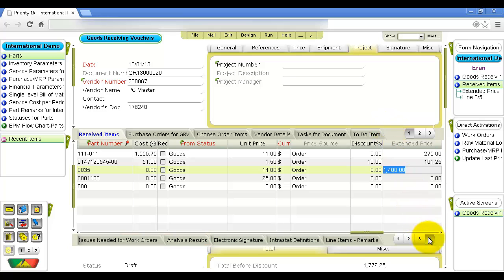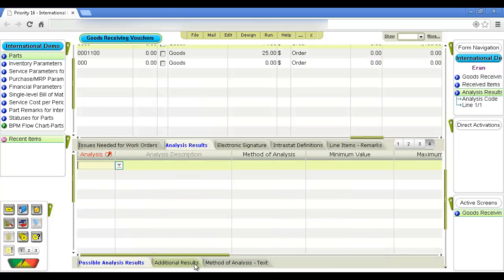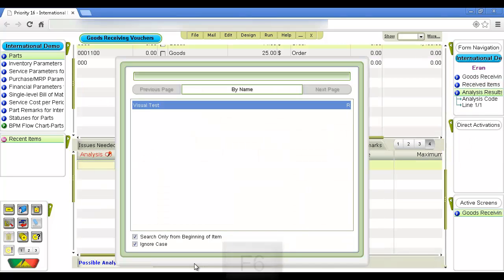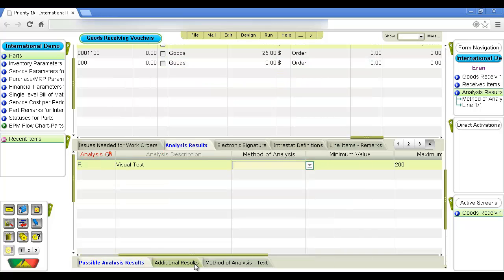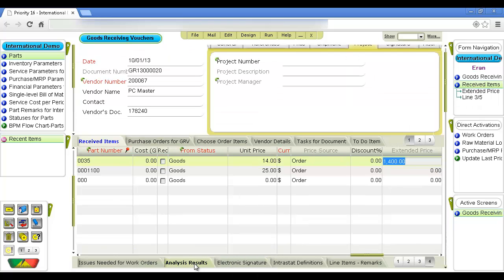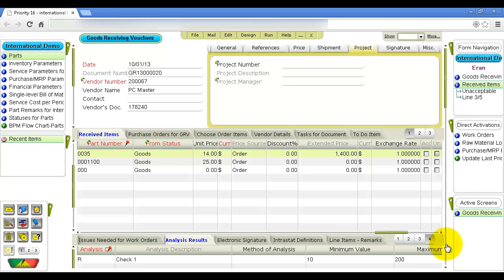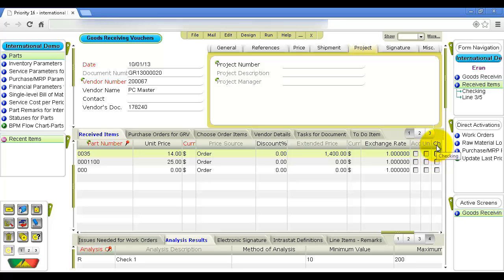Moreover, if you monitor the quality control of goods received from vendors, you can use the analysis results sub-level form to record the results of any quality control tests performed for a particular part or lot, rather than opening a separate document for this purpose. If any of the tests returns an unacceptable result, the item is automatically flagged as unacceptable in the received item's form. Conversely, if all test results are acceptable, the item is flagged as acceptable. If additional tests need to be performed for a given item, you can indicate this by flagging the check-in column. Items that are flagged for check-in will not be billed along with the remainder of the document until the check